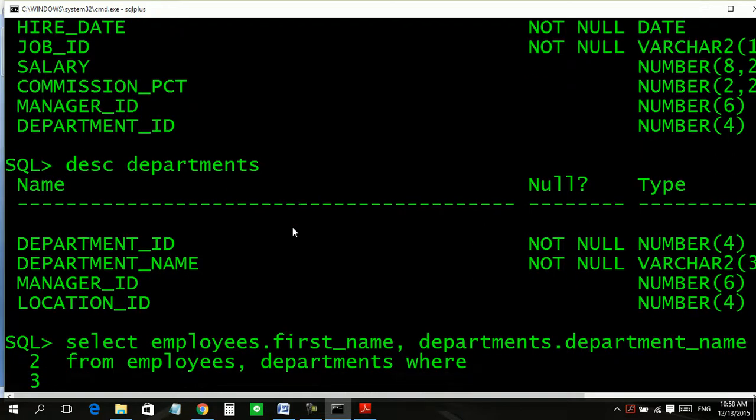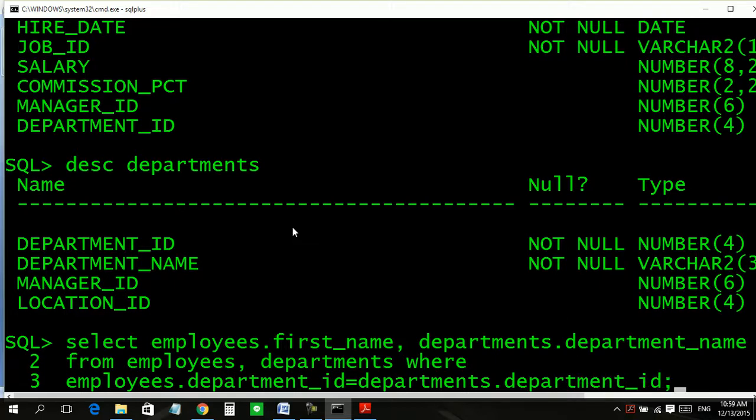Where employees dot department ID equals departments dot department ID.